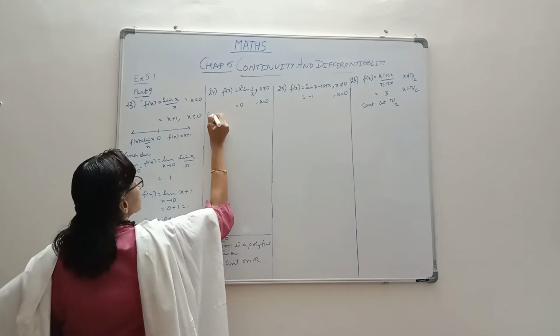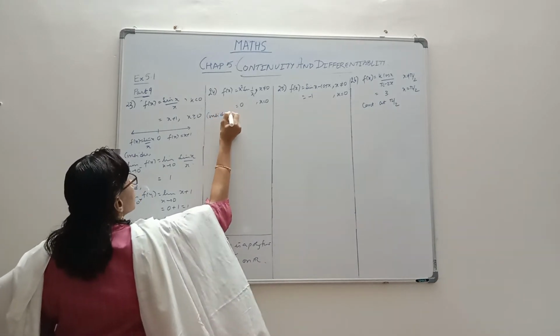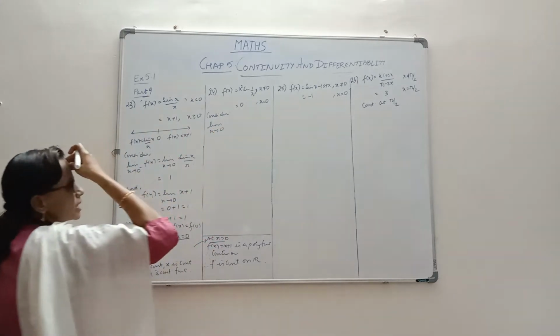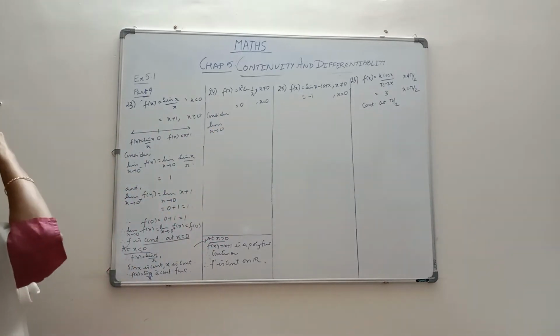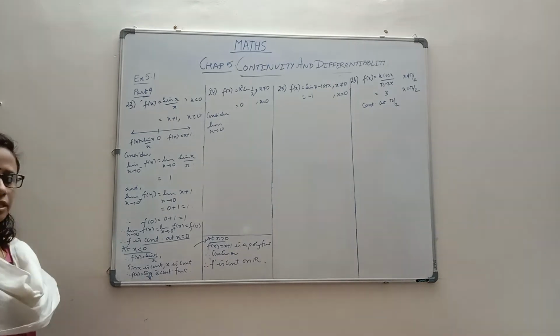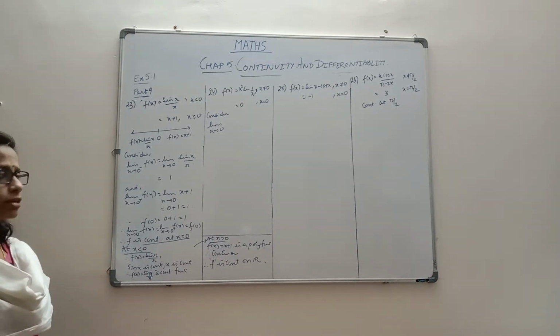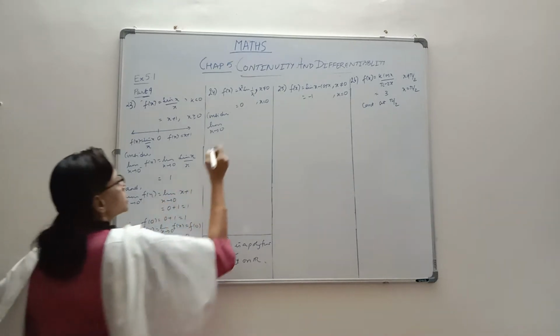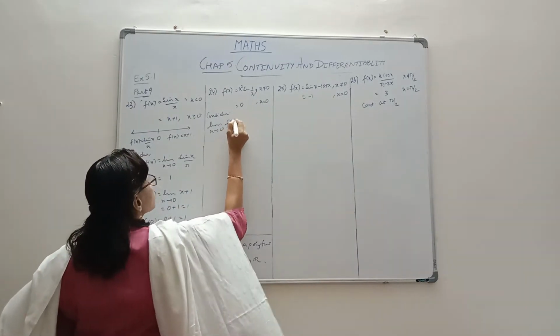Let's first consider the limit as x tends to 0. Here, because it's given as not 0, there's no point in taking it as 0 negative or 0 minus, that means the left side of 0 and right side of 0. That's not necessary, because that's how the function is defined. So let's just consider the limit as x tends to 0 of f of x.